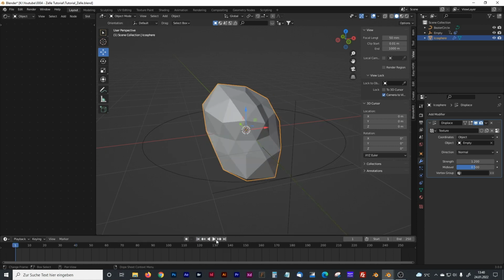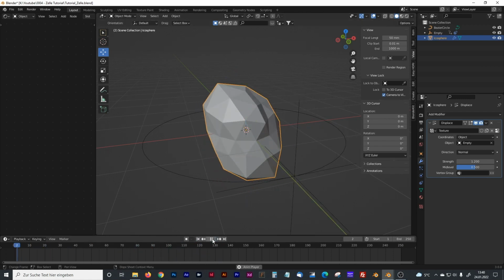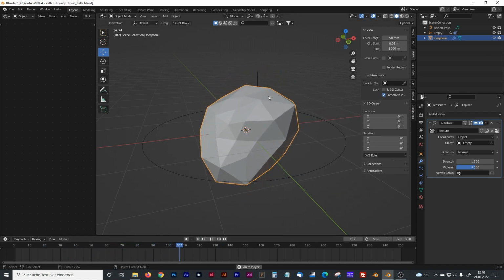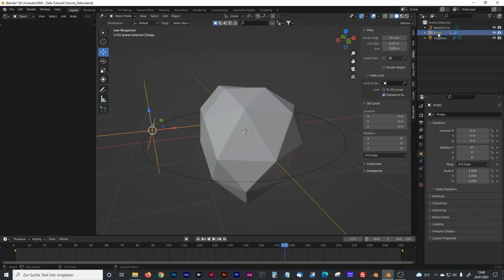Let's check if it's really a seamless loop. Click on frame number 1 and frame number 250, and there's only a slight difference. That means it's going to start all over again on frame 1 with a seamless loop. You can play with the values and the strength and the velocity of the displacement, and the empty is the control of our noise displacement animation,